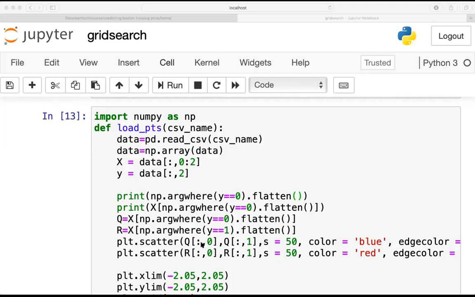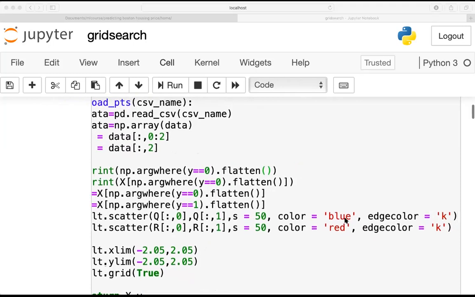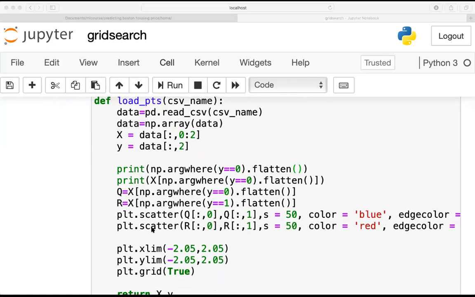This is the x coordinate and this one is the y coordinate, because Q contains two columns: this is the 0 column and this is the 1 column. I'm giving the color as blue and edge color as black, and scattering those points. Same way I'm scattering the points whose y value is 1, with the x and y coordinates given here, with color red and edge color black.